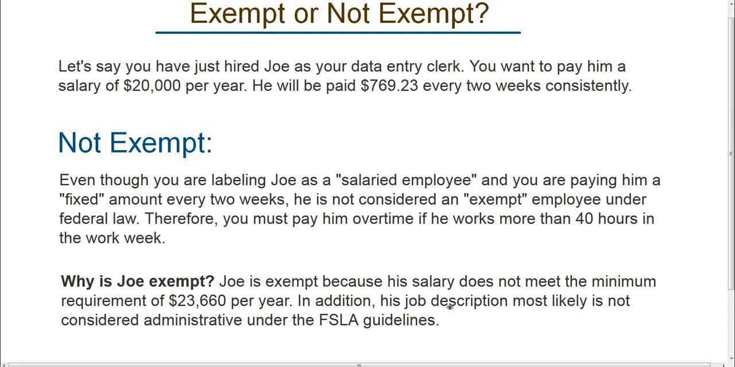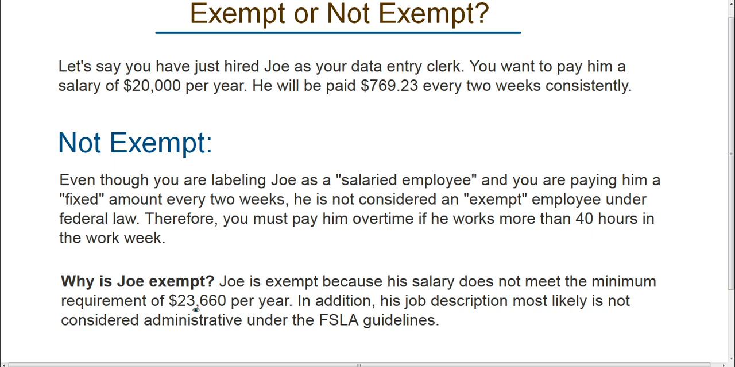He's not exempt because, first, his salary does not meet the minimum requirement. You have to pay $23,660 per year as a minimum, and you're only paying him $20,000 per year. His job description, most likely, if you read the FSLA guidelines, does not meet the administrative or the computer-based job descriptions. A data entry clerk is not a higher level position and therefore would most likely not be listed under